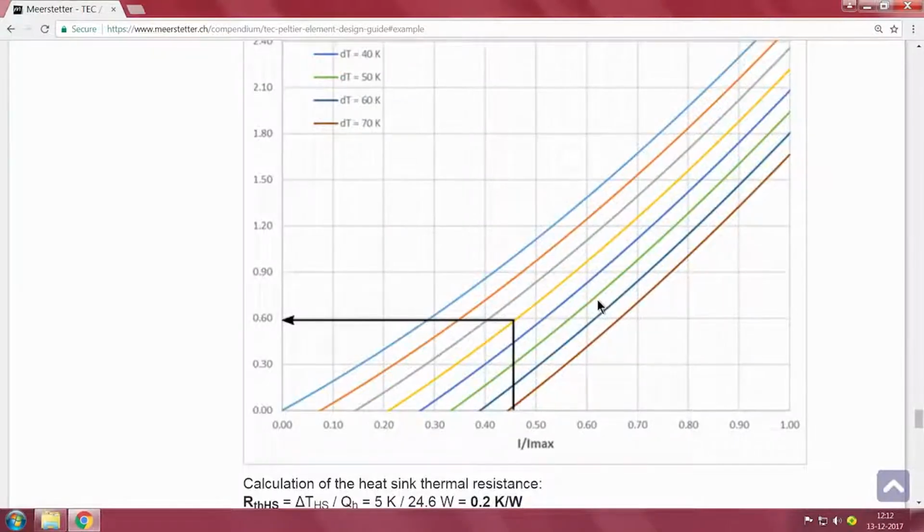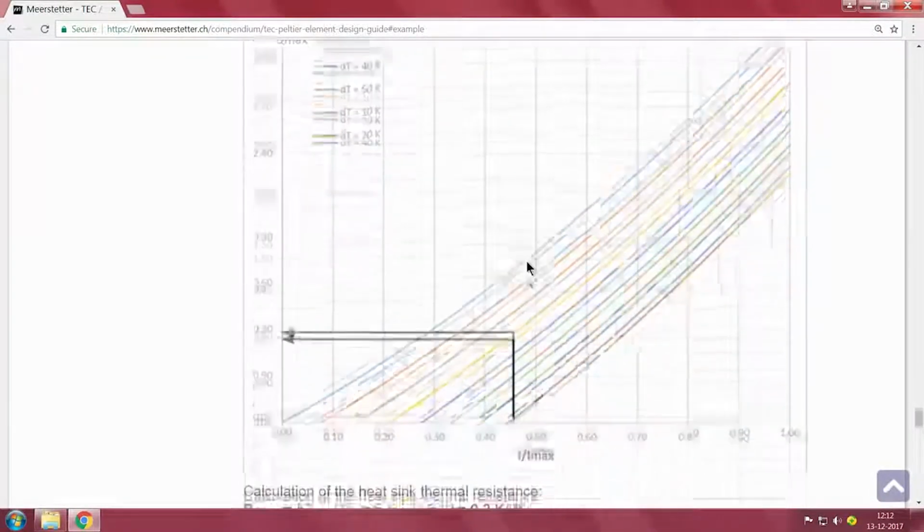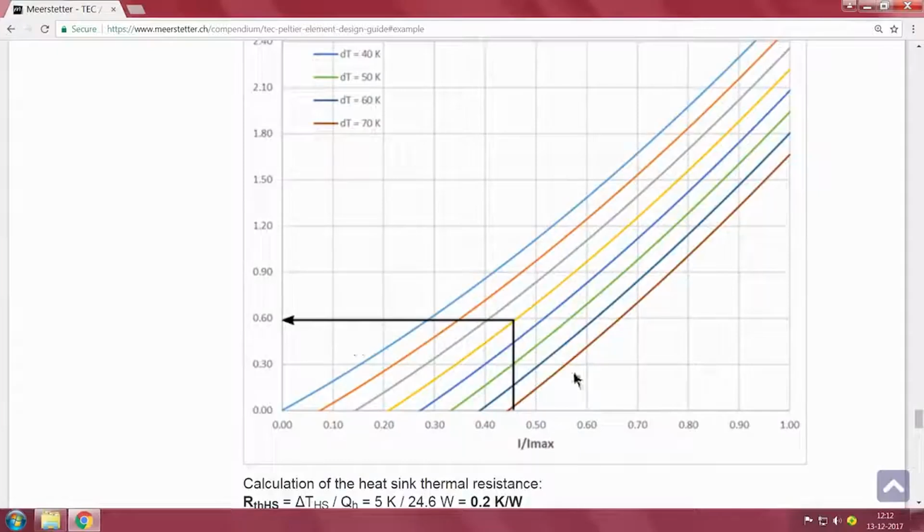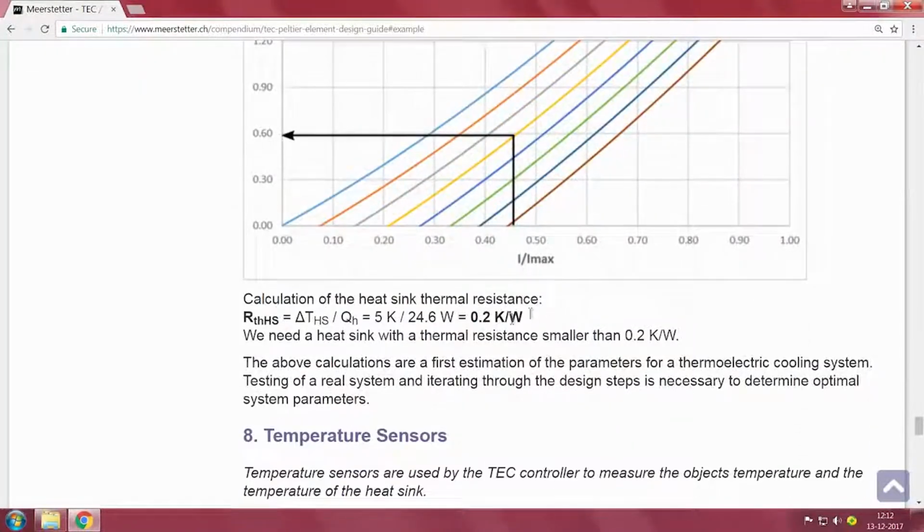And you see here, usually heat rejected versus current, again we have all this saying heat sink thermal resistance should be approximately 0.2 degree K per watt. We need a heat sink with thermal resistance smaller than 0.2 degrees K per watt, which is tough, it is not easy. Normally we come to things which are 1 or 2 degrees centigrade per watt. So, hence we will be forced to